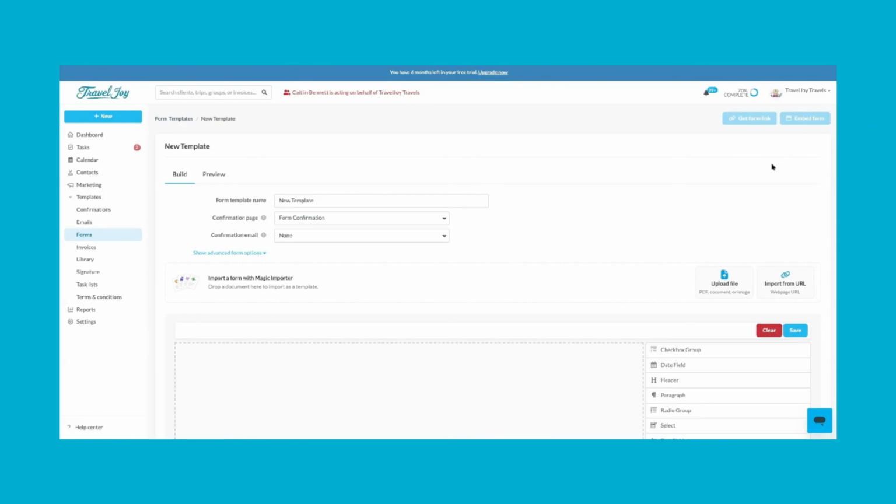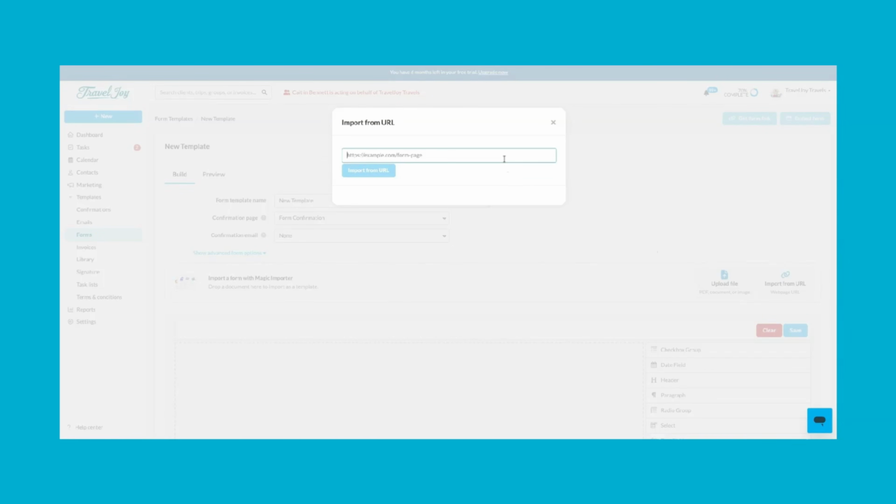From here, we're going to be looking for the Magic Importer tool just below the settings at the top of the screen. Now you can upload a file, so if you have a screenshot or a PDF of the form you'd like to use, you can go ahead and do so using that upload file, or you can import from a URL. So I'm going to be using a Google form to bring in this form, so I'm going to just take that Google form URL, paste it into that box, port it, and Magic Importer will start building that